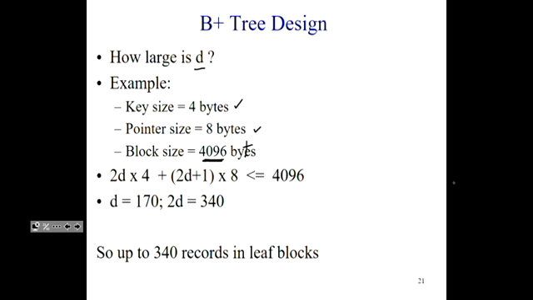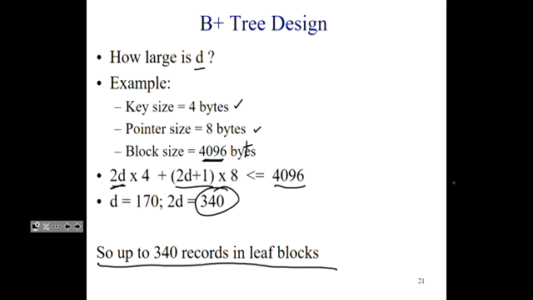And so you have up to 2D keys and up to 2D plus 1 pointers, right? So 2D times 4 plus (2D plus 1) times 8 is less than or equal to 4096, and therefore the maximum number of keys that you can have is 340, and you have up to 340 records in the leaf